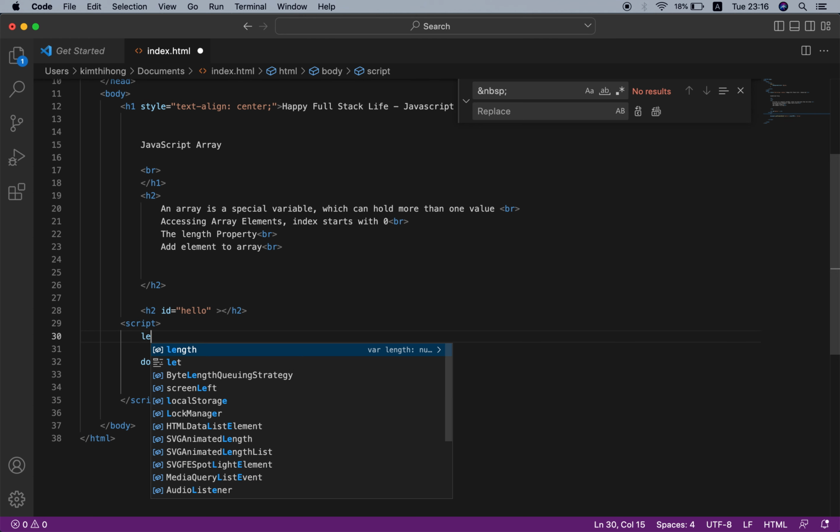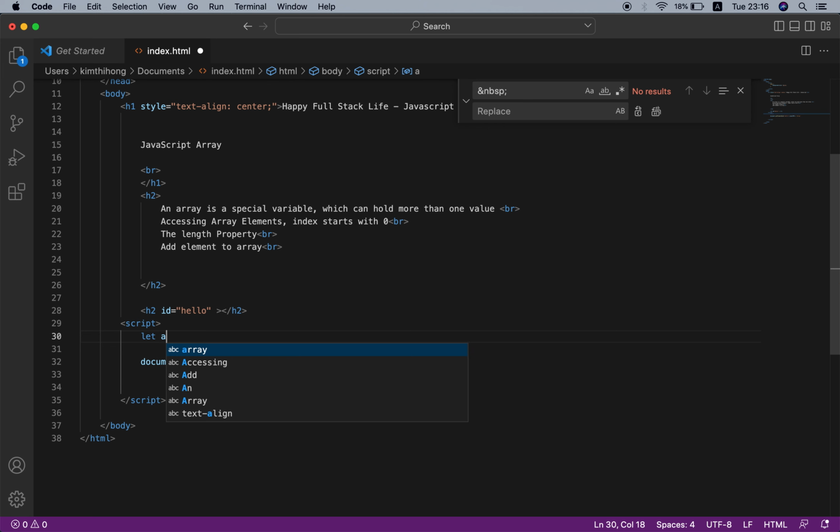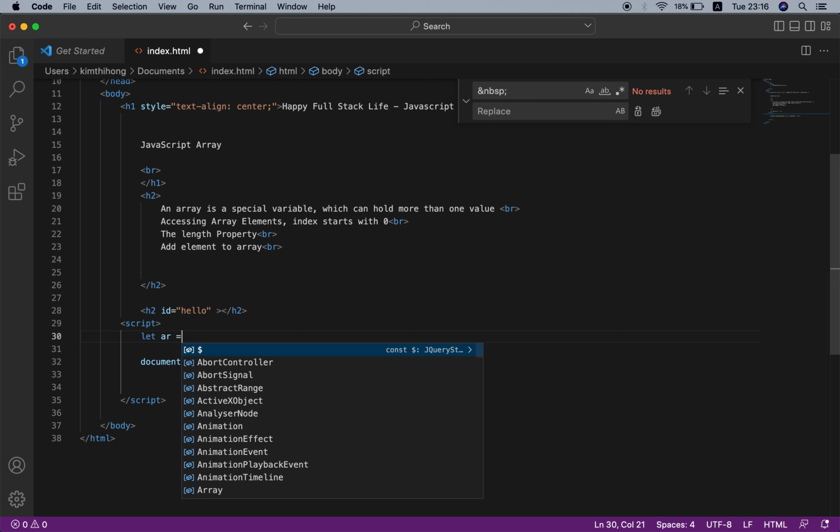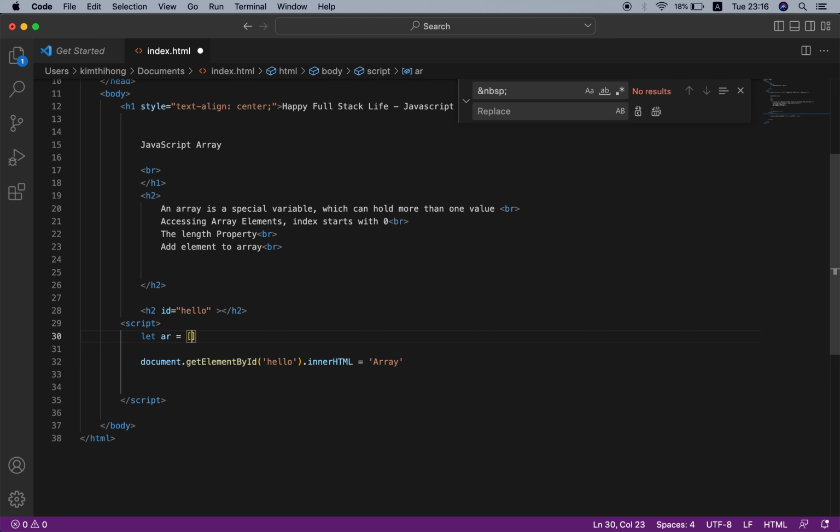Let person array equal an array of the names of the persons: Peter, comma, John, comma, and Daisy. That's an array.